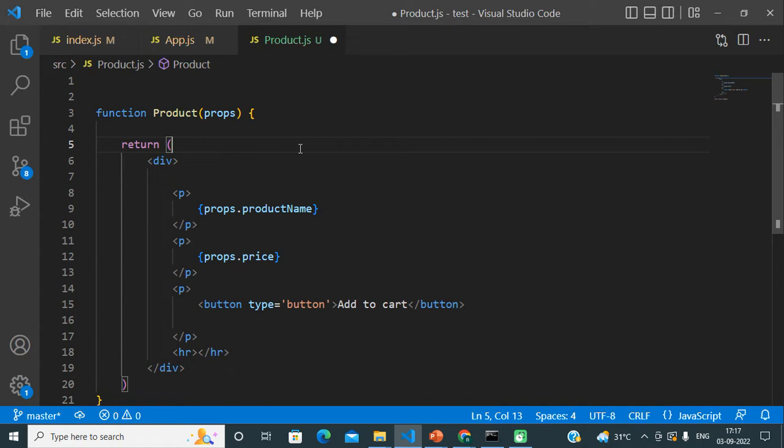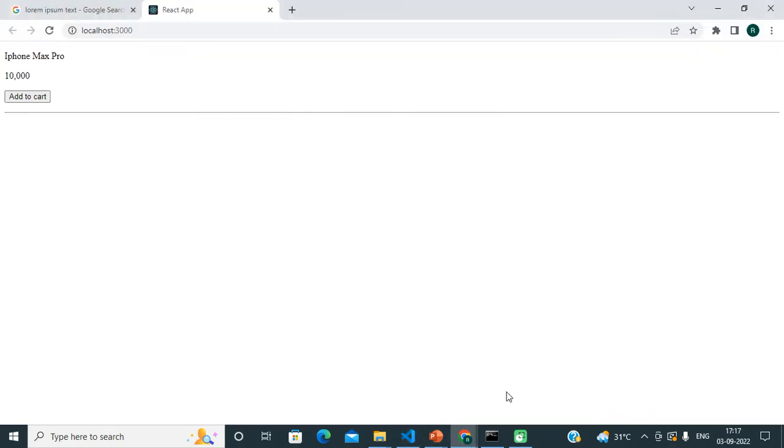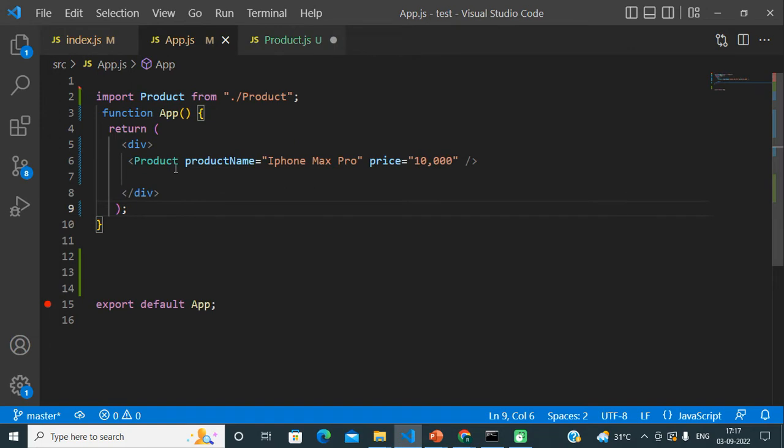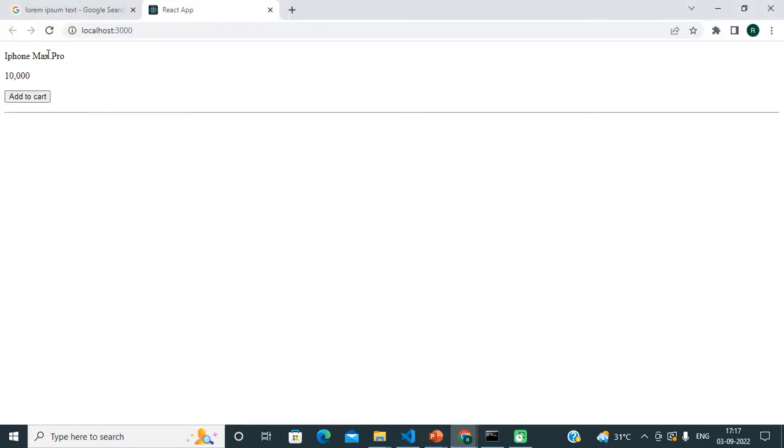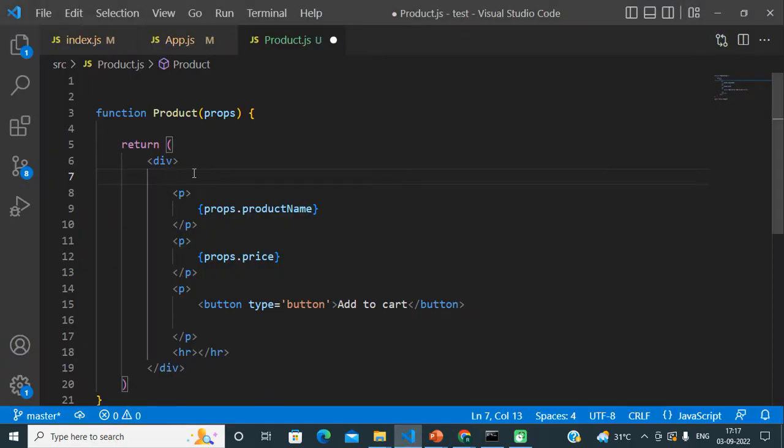In our last video we saw that when we pass data to a component from outside, this way, here I am calling this product component and passing two props to it. One is product name and one is price. What I am achieving here is making this component more dynamic, so that it will render itself with dynamic data every time. We understood this concept in the last video, and today we are going to understand state.